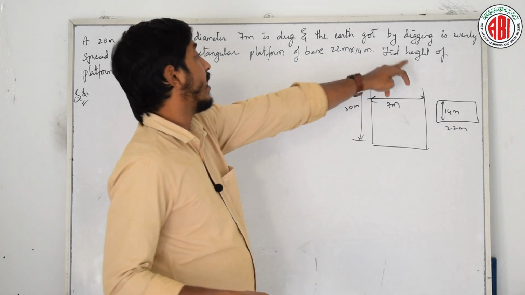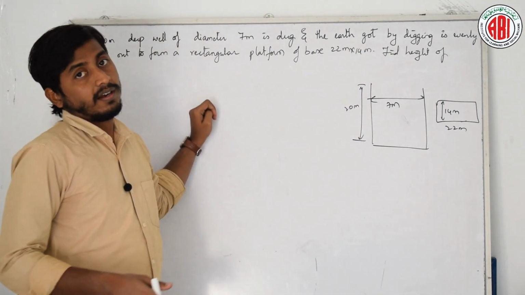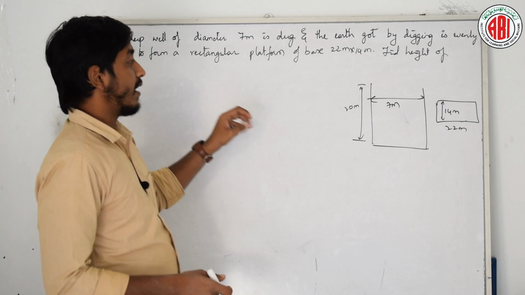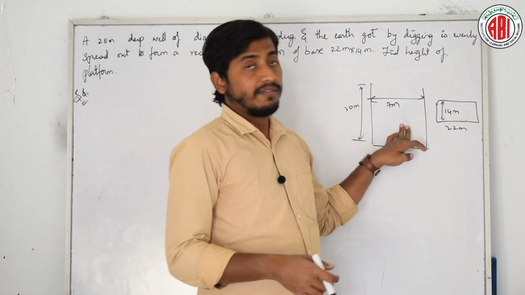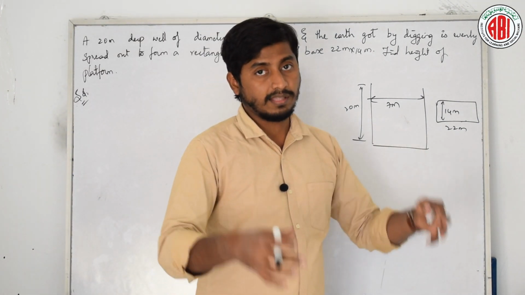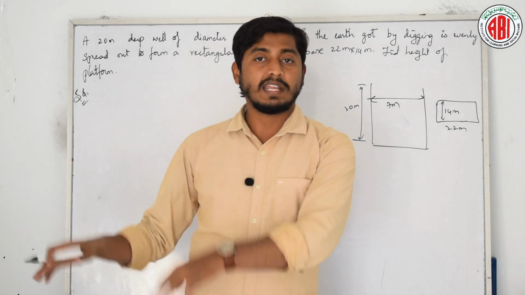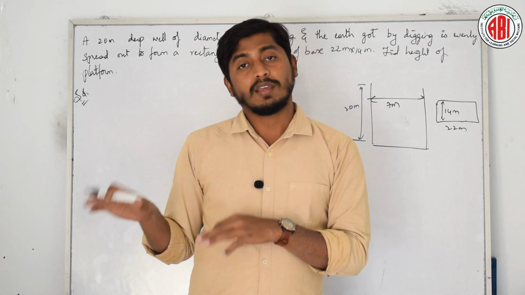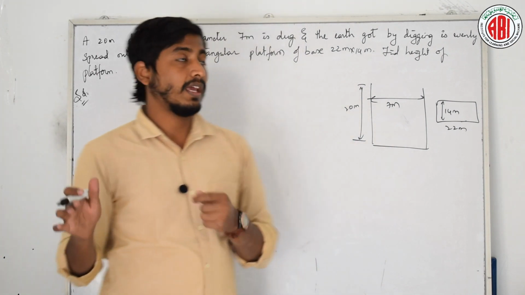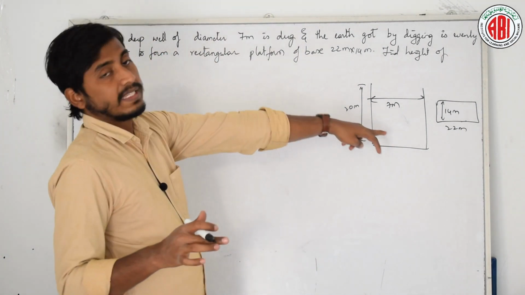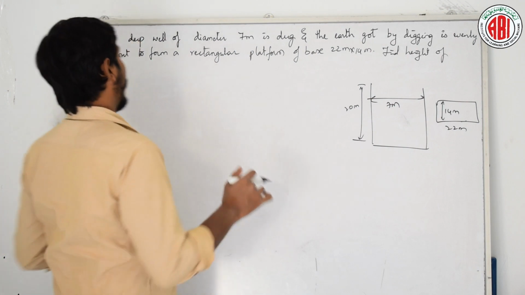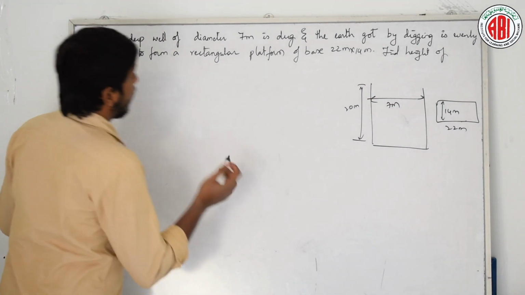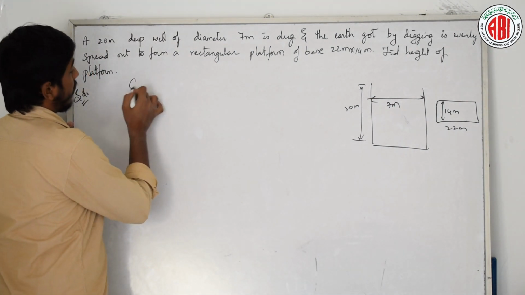He is asking us to find the height of the platform here. The whole volume of earth taken from the well is spread evenly as the base of a cuboid. See here, the volume of the cylinder is equal to the volume of the cuboid. Is it right? Now tell me here, given